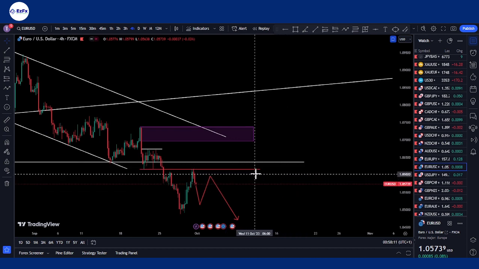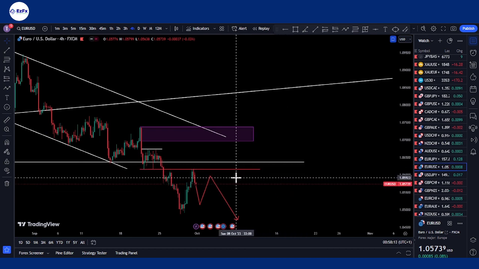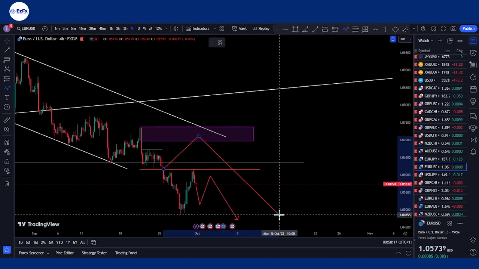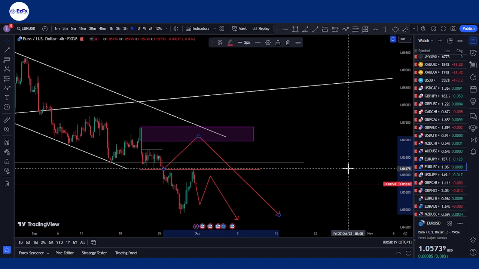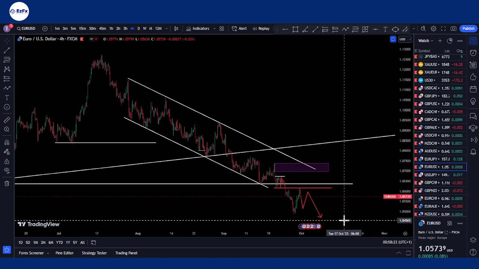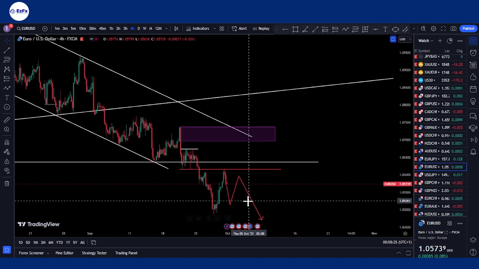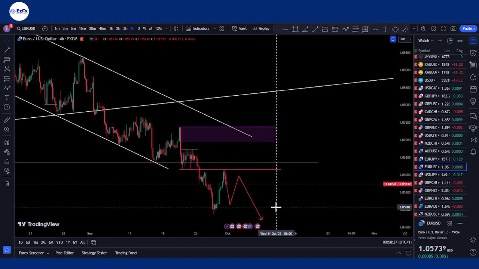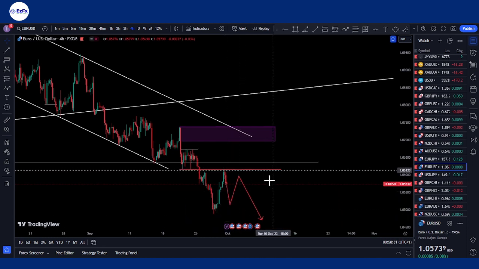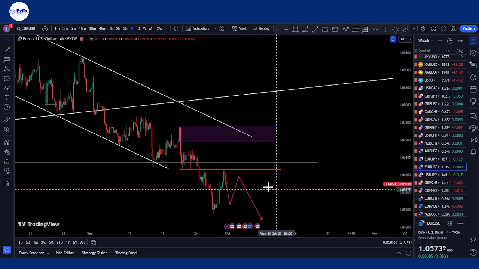I think this was something I was looking out for on GBP USD. I was also expecting price to do something like this into the zone before we get to see that sell-off, but we didn't get that during the week. So I just want to watch out for what we would have in this case. Overall, I'll still be bearish on Euro USD, but I would love to see probably a short sell to buy before we continue that sell on Euro USD.